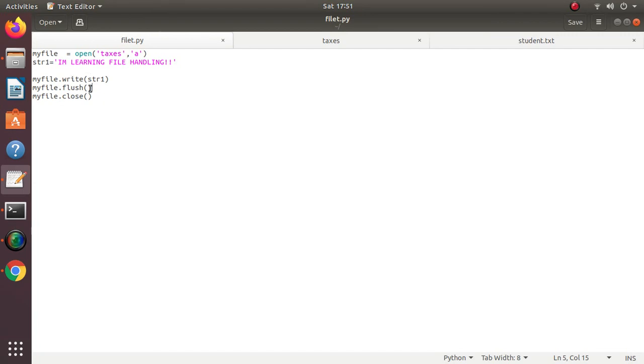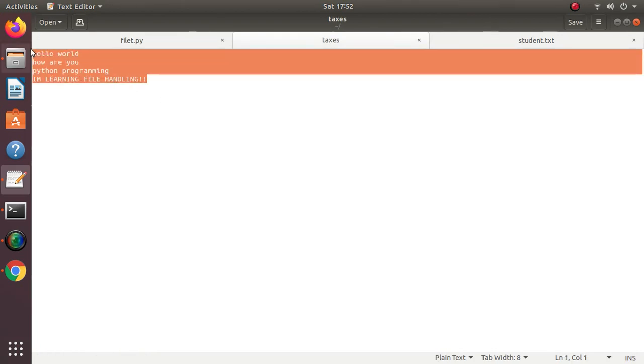So I have used this write function. This is the one thing that I have done. The other thing that I could have done is using the append function. Append function also writes the data at the end of the file. So if I try again, this was the content in the text file.